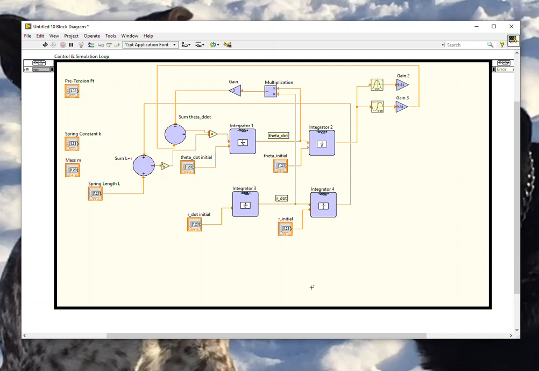So now I've completed that equation, and now the best way for me to check to make sure that I've done this properly is to write the equation from the block diagram. This says here, this line here is theta double dot. Theta double dot equals the product of 1 over L plus R times,